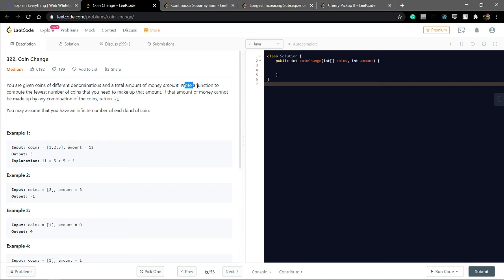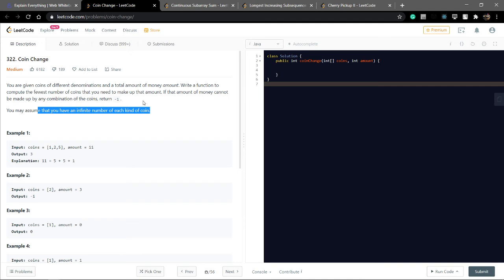Write a function to compute the fewest number of coins, fewest meaning lowest number of coins, the minimum number of coins you need to make up that amount. If the amount cannot be made up by any combination of the coins, return -1. You may assume that you have an infinite number of each kind of coin.